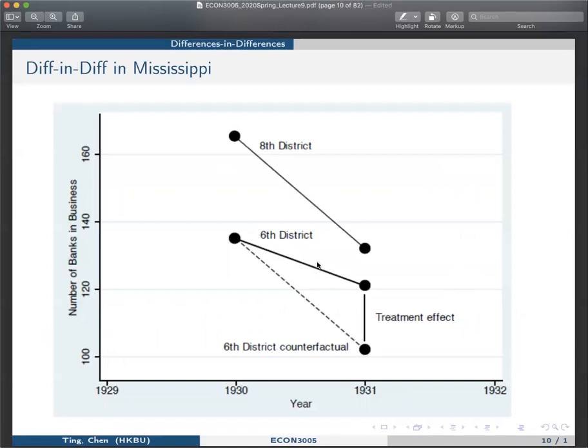Okay, we can also represent it in this very simple, very nice graph. Let me connect, give me a few seconds. Let me connect my iPad so that I can take